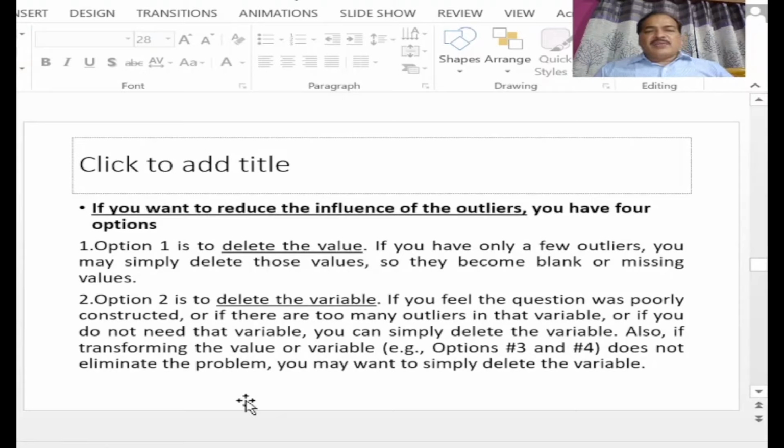If you want to reduce the influence of the outliers, we have four options. The first option is to delete the value. It means if we have any extreme value, in that case what we can do is remove that value, or